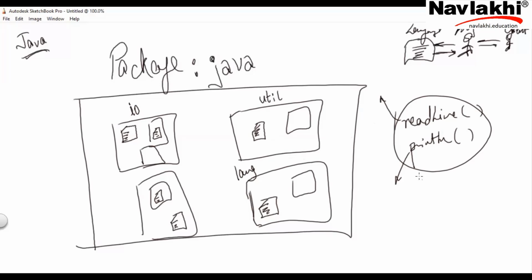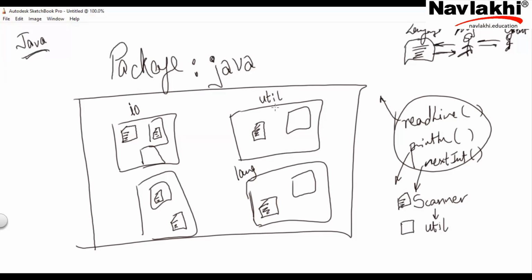Correct. So like say there's another function called nextInt, which is for reading an integer, like input for an integer. Right? nextInt is within a class called Scanner. And Scanner is a class which itself is in a package called util.